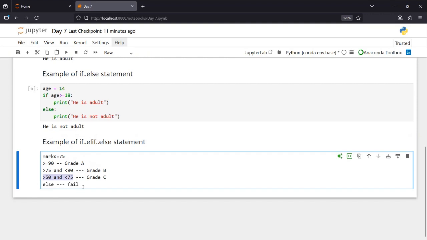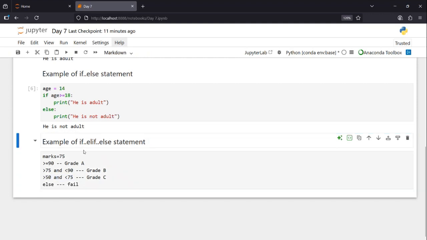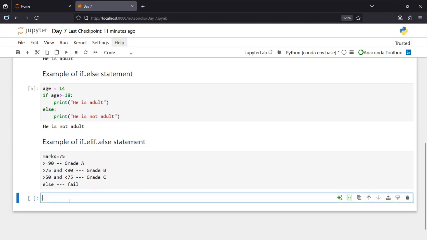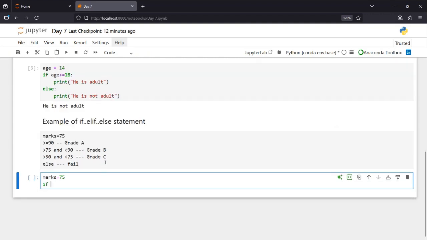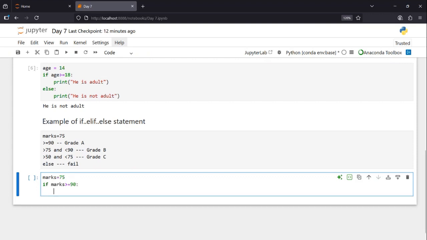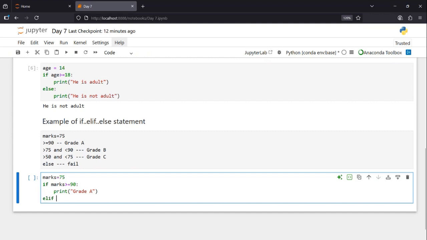So we have three conditions. In that case, you have to use this if elif else statement. For that, I'm writing the code marks is equal to 75, and here I'm giving if marks is greater than or equal to 90, colon. So I'm printing grade A, and elif marks